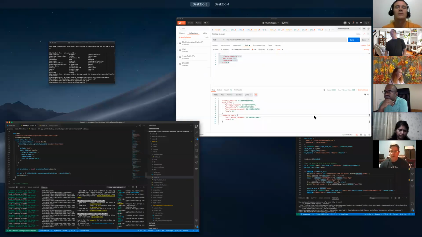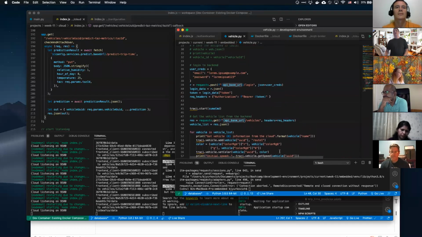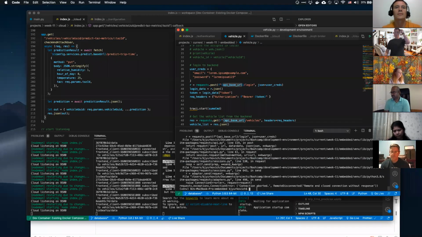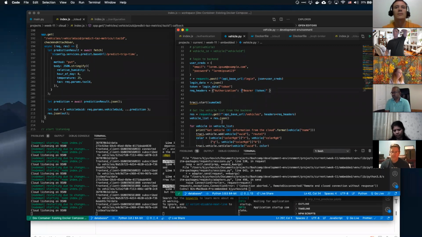All right, so let's go to our embedded domain. I've got this pulled up here. This is outside of my container, so we can actually see it a little bit more than usual.